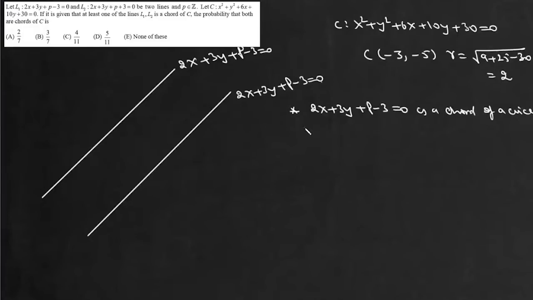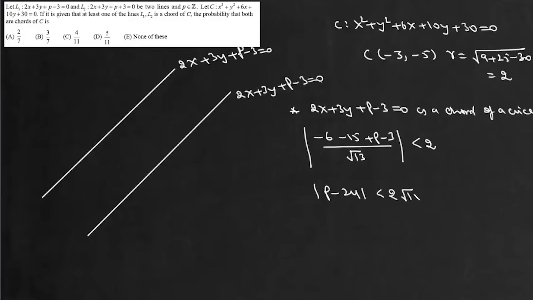So the perpendicular distance from the center will be minus 6 minus 15 plus p minus 3 upon, now this is under root 9 plus 4, 13. So there will be under root 13, and it should be less than 2. So we'll get this condition that mod of p minus 24 is less than 2 root 13,